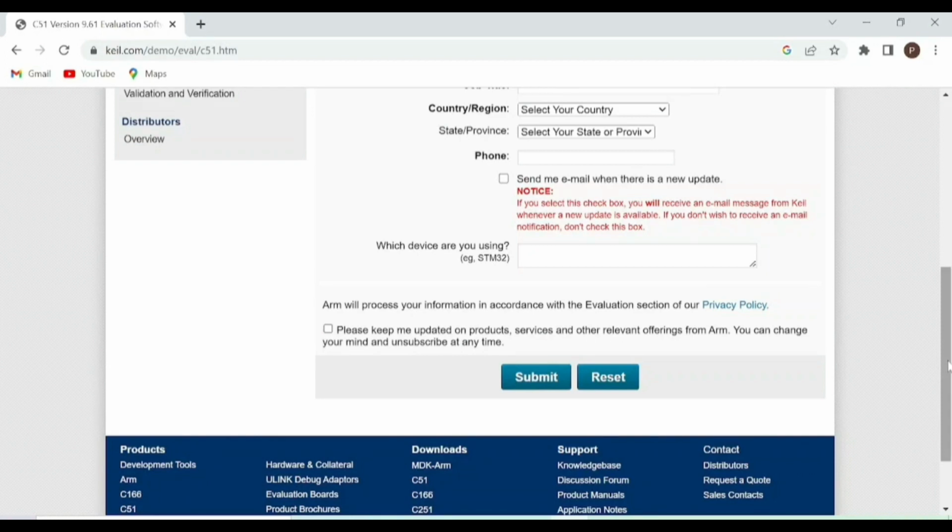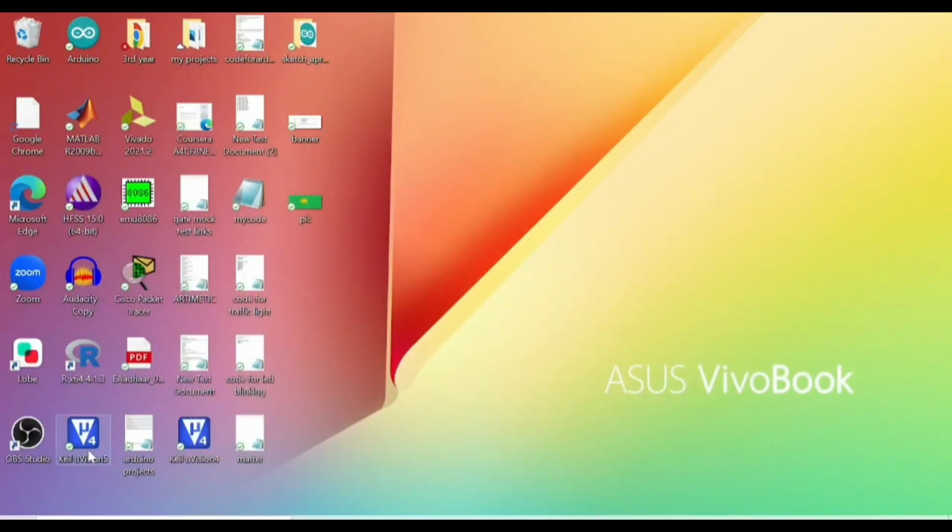Once the software is fully installed, you will notice an icon like this appear. Friends, you will see that on my screen there are two software versions. This is because in the coming videos I will be explaining the LPC2148 also, which is not supported by Keil MicroVision 5; we need Keil MicroVision 4. So I have installed both of them. You install according to your requirements. Once you get an icon like this, or in the search bar type Keil MicroVision,